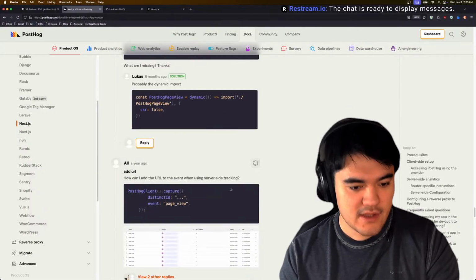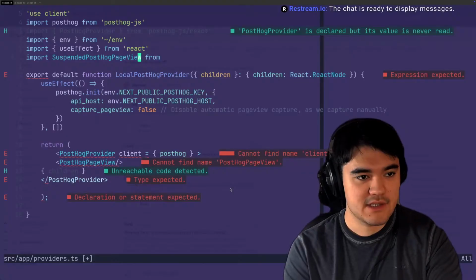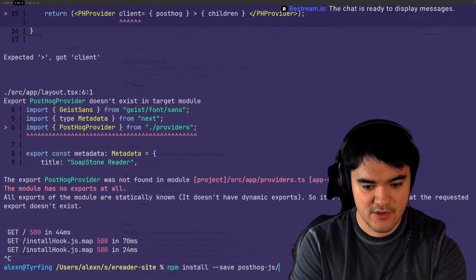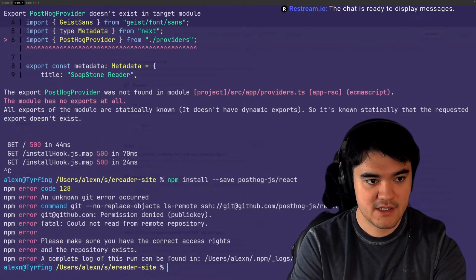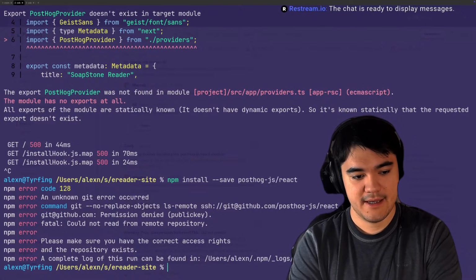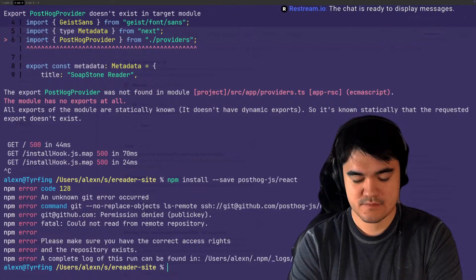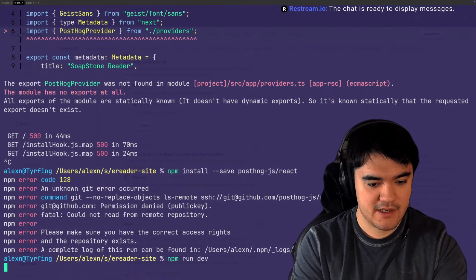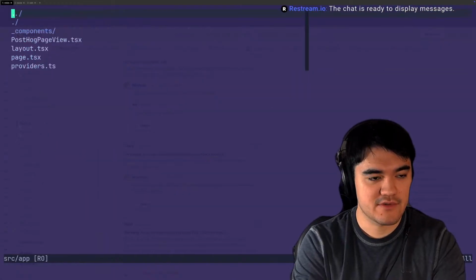I don't think it's that I'm missing this module, because I just installed PostHog.js. Maybe it's the React one. Oh, interesting. But I would think that it's in my node modules folder, right?